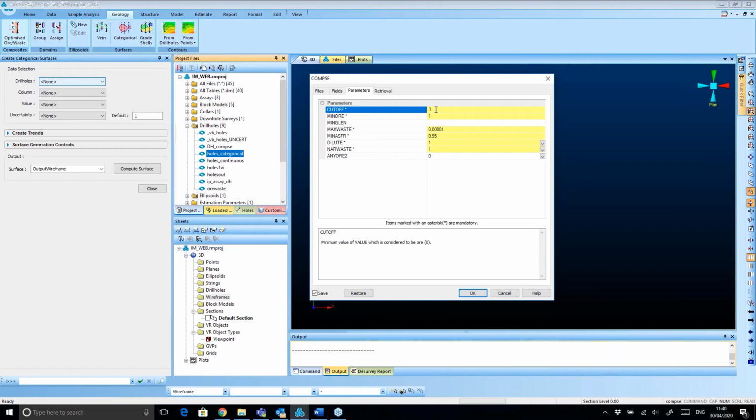It says here the one. That means I'm going to use 1 gram of gold to generate the composite. All the samples above 1 gram of gold, right? The rest would be waste, based on these parameters. And also I can arrange the minimum ore, minimum length of the ore, maximum waste, and so on. It's kind of different rules you can apply. Then what I'm going to do now, if I click here, okay,